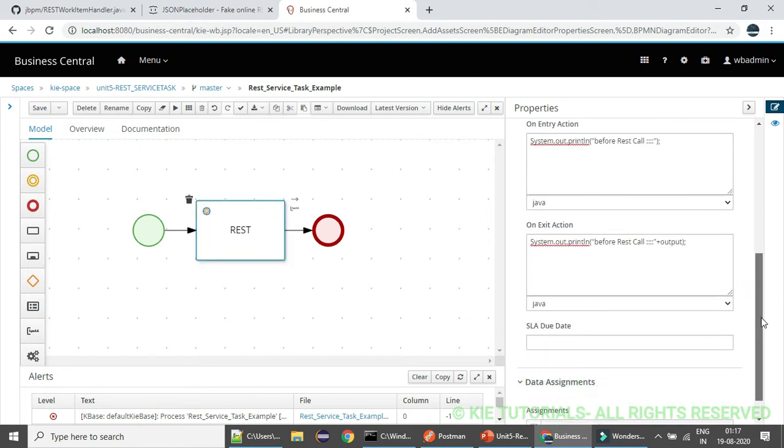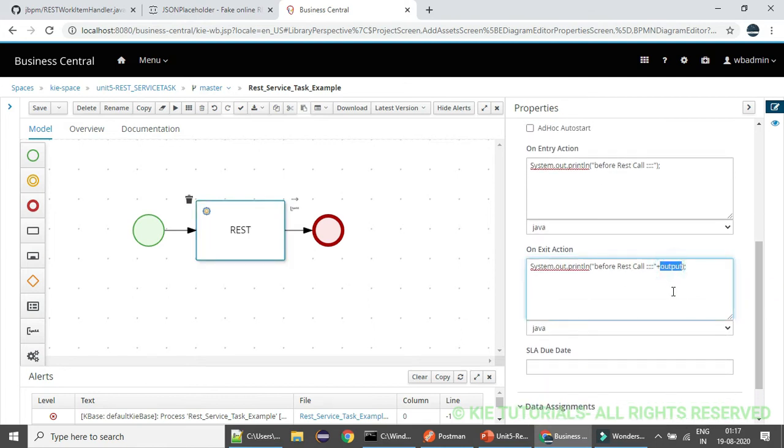So this was the variable we have given as part of the service task output, right? The same variable name I'm giving here.